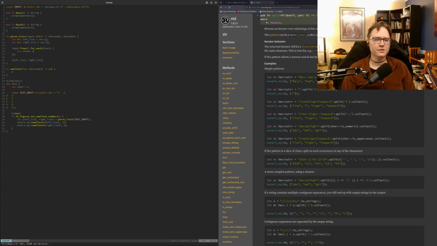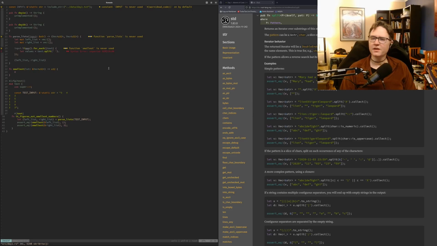Let values equals, well, yeah, text.split. We're going to match on a white space. Then I want to, I'm not sure exactly what this is going to give me. It might give me, yeah, it's going to give me some empty spaces.